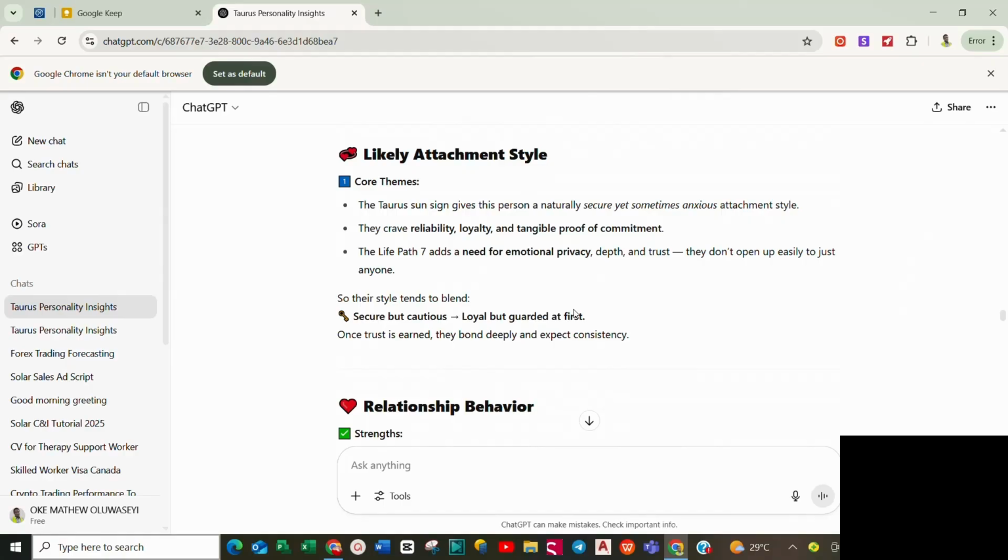They are secure, but they still feel anxious. They'll be wondering, will this person stay with me? Okay, I'm secure here, but they can still run me some kind of stress or do some things for me. Now, they are not fully secure with it. So they crave